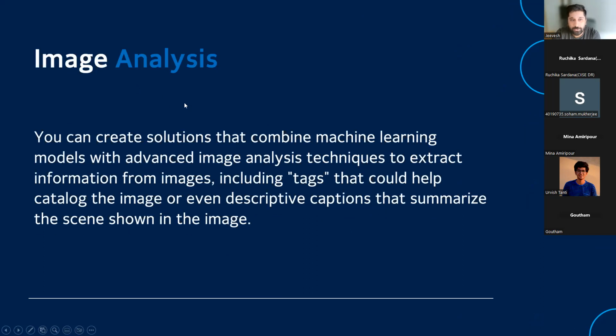Let's go next to image analysis. So you can create a solution that combines machine learning models with image analysis techniques to extract information from images, including tags that could help you catalog the image, or even descriptive captions that summarize the scene shown in the image. Image analysis is when you give it an image and it gives you some sort of written text around it. Hey, I see an image with one person standing who is eating an ice cream. I see one person standing who's typing on the keyboard. So that is something where you pass in the